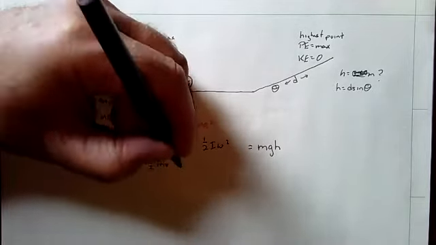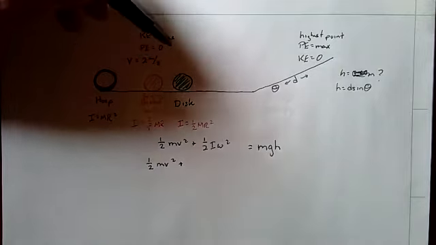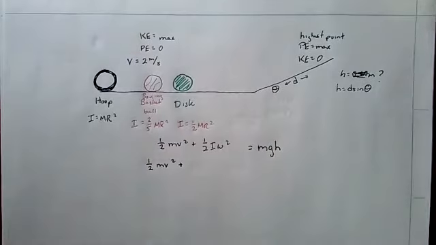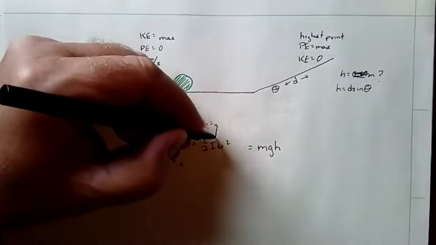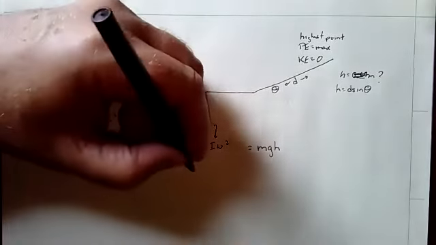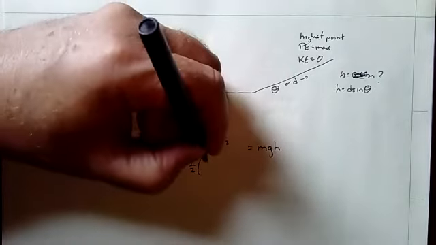So for I, let's do the disk. We can take this 1/2 mr squared and drop it right into here for the rotational inertia. So that's going to be 1/2, and now I put in the rotational inertia, which is 1/2